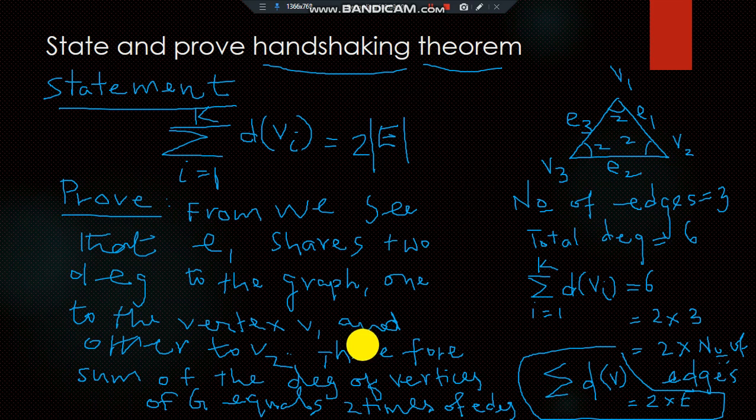So what we understand is that the sum of the degrees of the vertices of G equals 2 times its